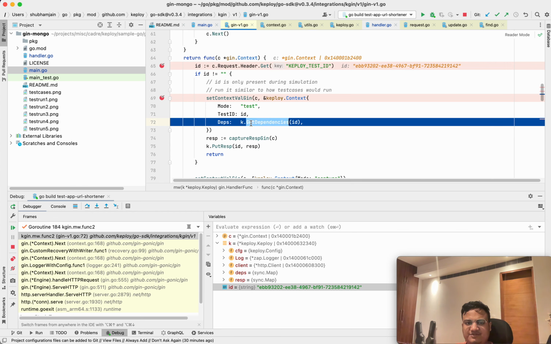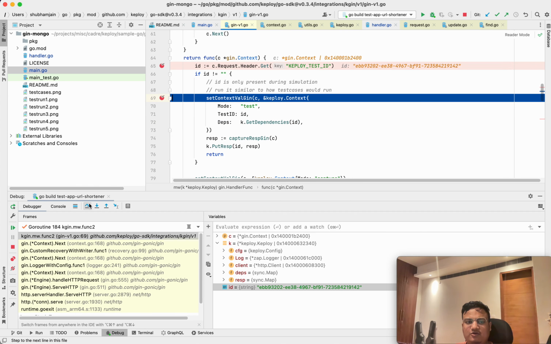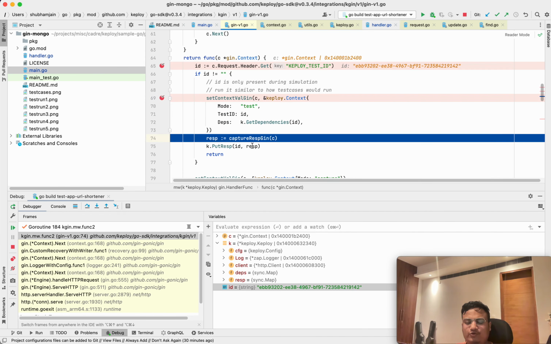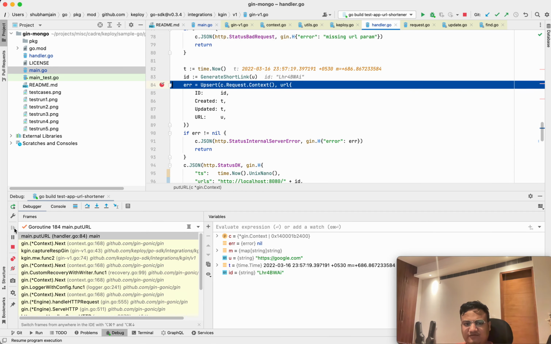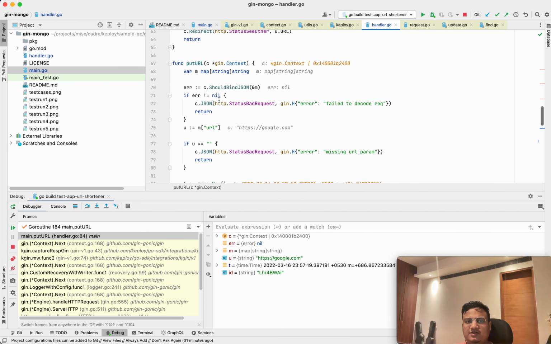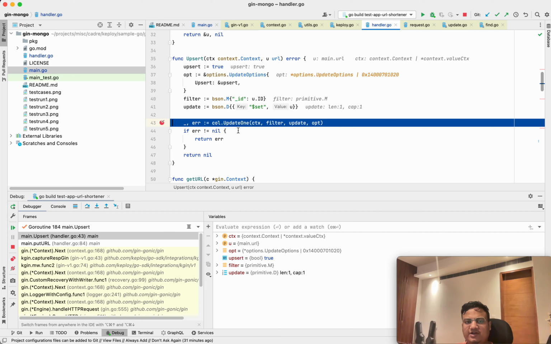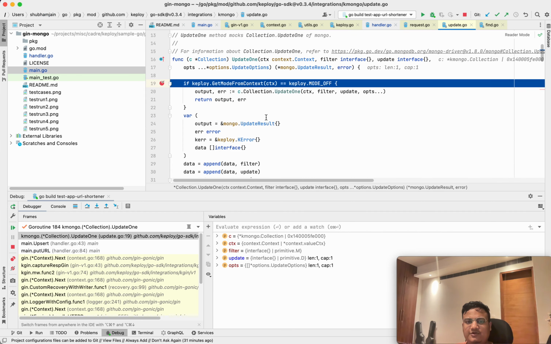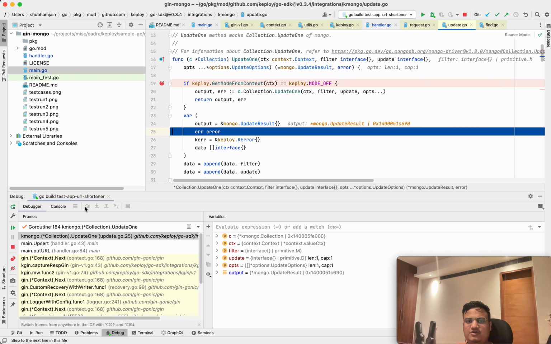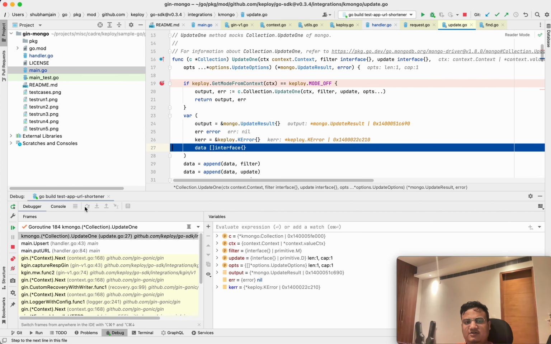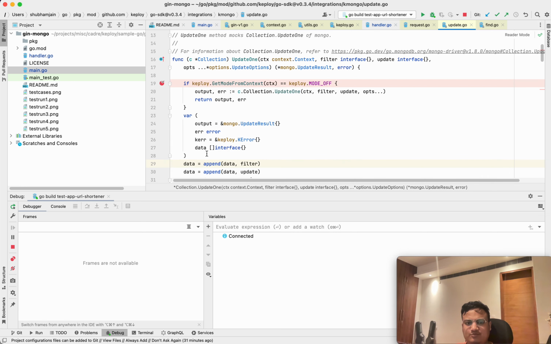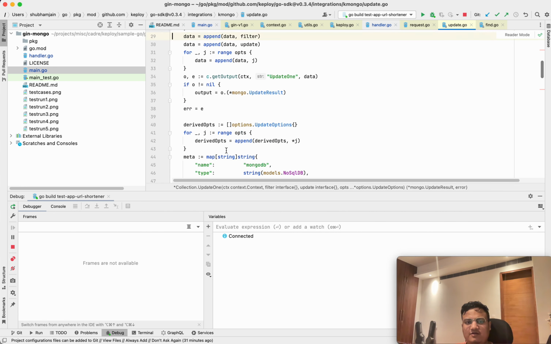So we're getting it from here and we're setting it back, and again doing the same capture response, in which we want to see what the response, like we want to capture the response back, right? So again, similar flow. It would go to the put URL method, which would go inside upsert, which will again do the database call, and within the database call, now there's going to be a difference, because we'll not be hitting the actual database, right? Instead, now since it's in test mode, right, we would be